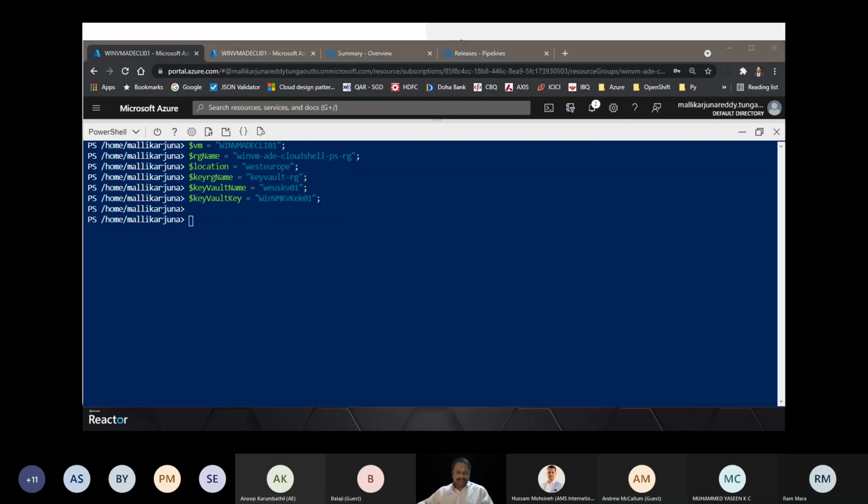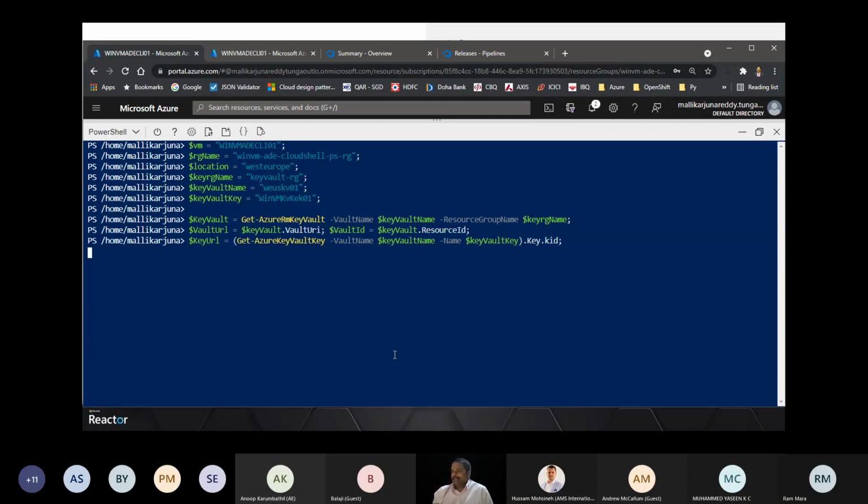Now we'll get the key vault details. This command is going to retrieve the key vault details, and then we are going to get the key vault URI and the resource ID, and by retrieving the key vault URI, we get the KEK URI, the endpoint. If you see here, this is the resource ID which we are trying to get, and then the key ID, and we are storing them in variables in the current PowerShell environment.